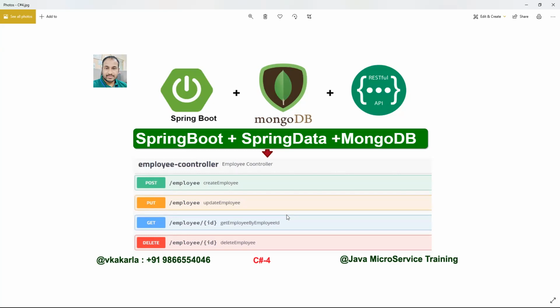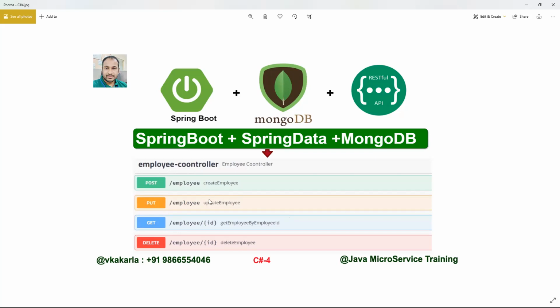Before moving into the cloud components, we need to cover all the development areas: MongoDB, exception handling, JUnits, Kafka related things, and service communication. After that, we go into the Spring Cloud configurations. Sure. Got it?